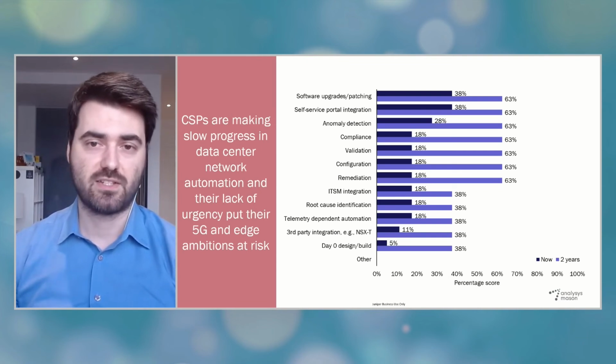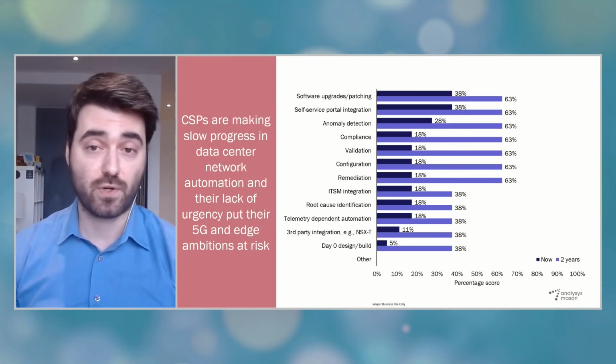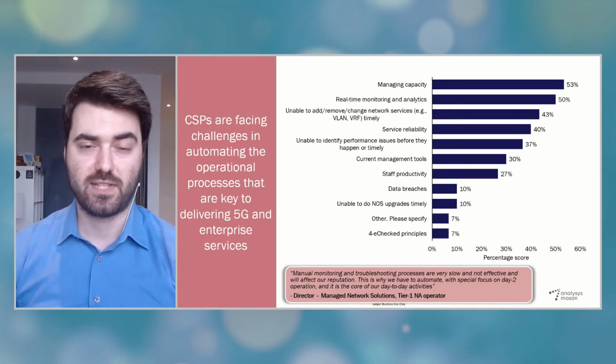So all these results suggest that there is a major gap between CSPs and hyperscalers, large-scale enterprises, and the emerging network as a service competitors, in terms of their current data center automation abilities and the future plans. So we then zoomed into the day 2 plus operations, which we found that many CSPs are facing significant challenges